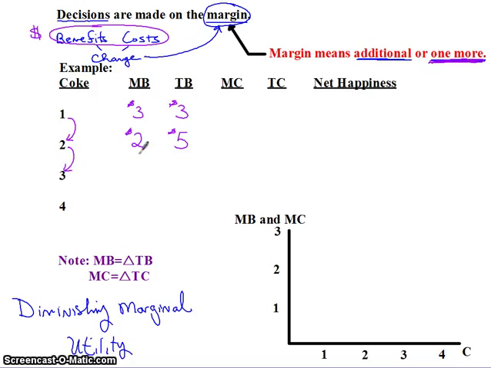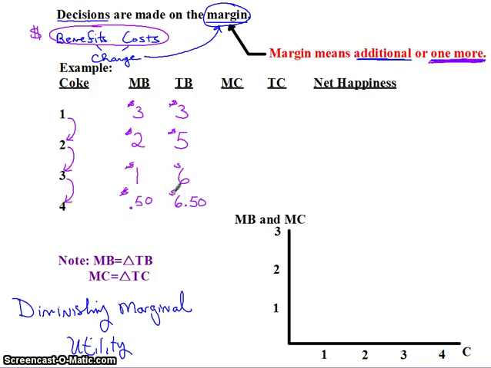What is the marginal benefit of Coke number 3? Well, I know it's going to be less than 2 because of diminishing marginal utility. Each additional unit adds less happiness to your life than the previous unit. We believe this is true for all goods and services. So if the first Coke gave me $3 of happiness and the second added an additional $2, let's say the third one adds an additional $1 of happiness. So the total benefits after 3 Cokes, adding up the margins, is $3 plus $2 plus $1, that's $6 of total benefits so far. And then finally, Coke number 4, one more additional Coke. Let's say that Coke adds an additional 50 cents of happiness to his life, and that means the total benefits will now be